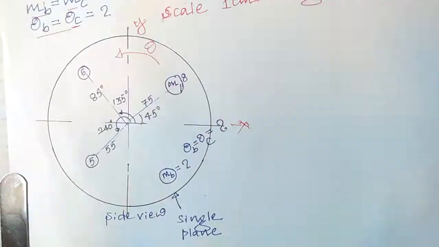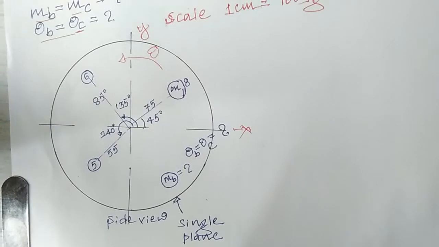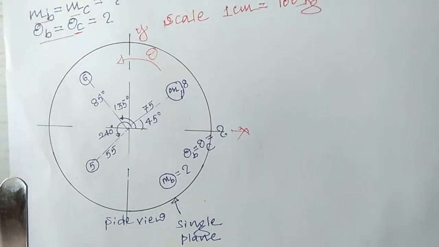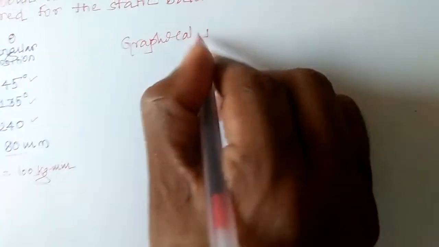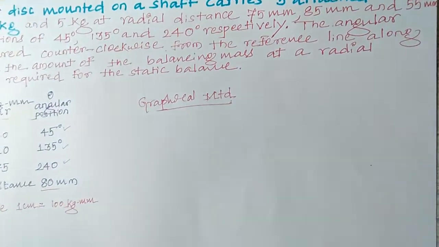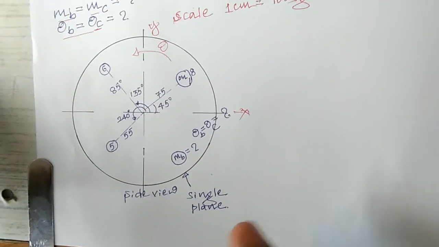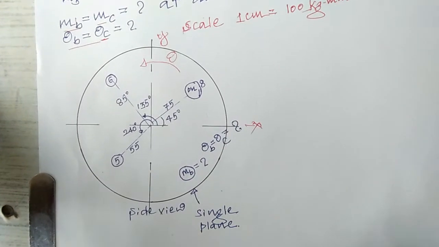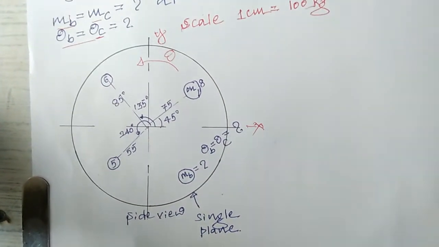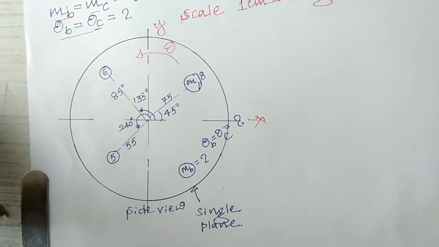You can solve this by two methods: one is the analytical method, and the other is the graphical method. I will go with the graphical method, as it is better. One more thing: this is static balancing. Why do I call it static balancing? Because all the unbalanced masses are in a single plane. When it is a single plane, you say it is static balancing. Also, in this case no distance L between two planes is given. That's why it is considered static balancing, because it is solved in a single plane only. That is the important thing.